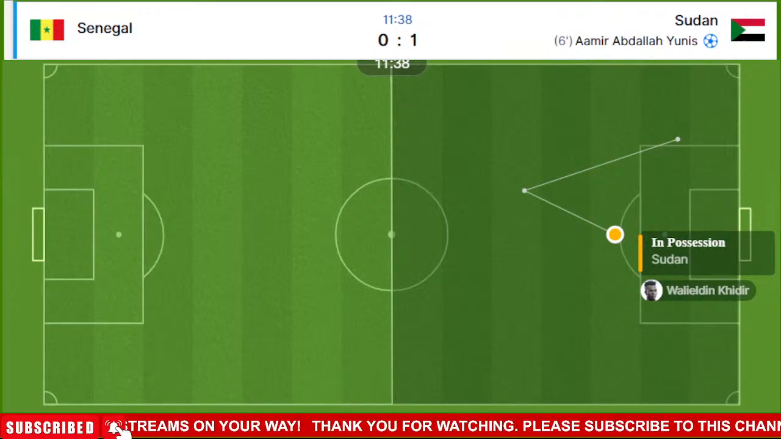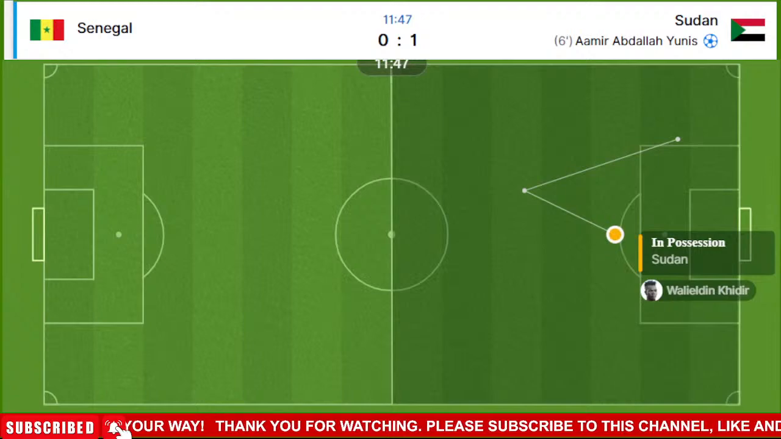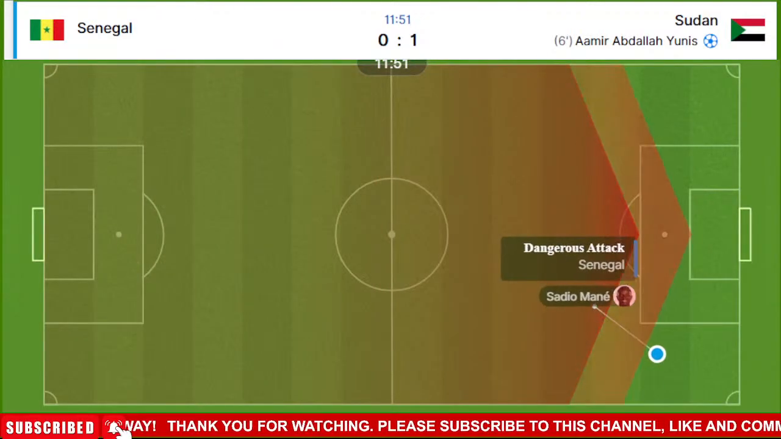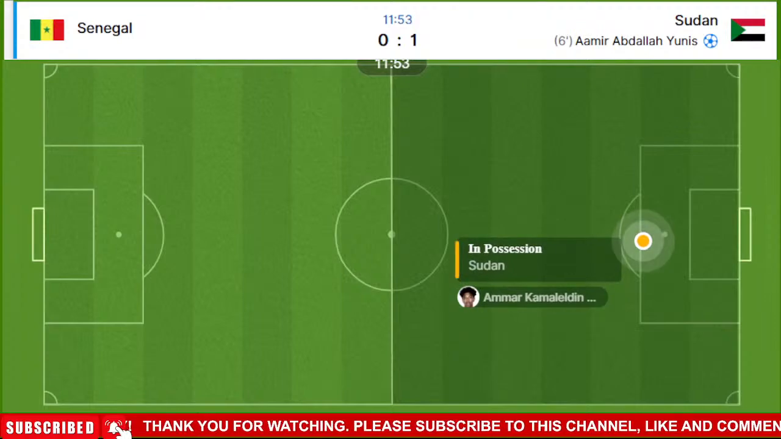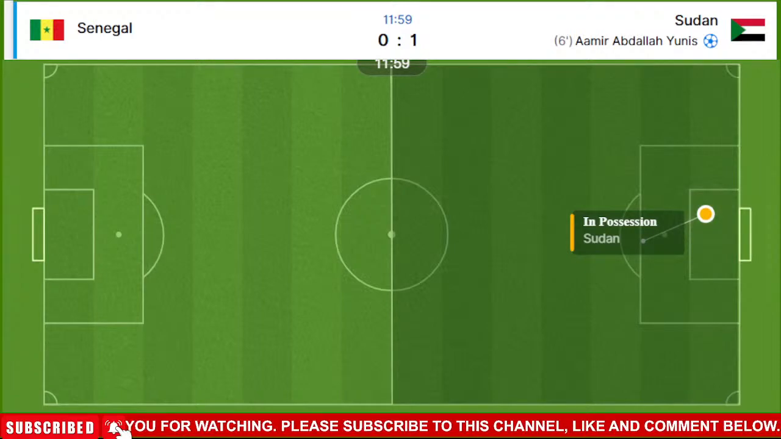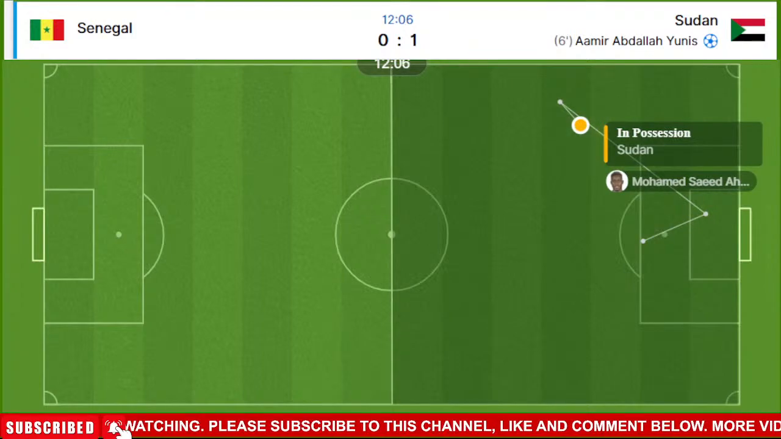Senegal come forward now down their left-hand side. Ball nodded forward, and now a chance over on that far-hand side of the field. Collected now once again by Senegal and Sadio Mane, and this time Sudan managed to scramble the ball away, but they give it away once again here. Senegal on the front foot as they come forward again. This is Sadio Mane looking to cut inside and looking to find the